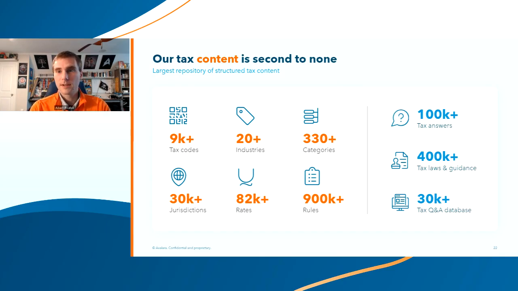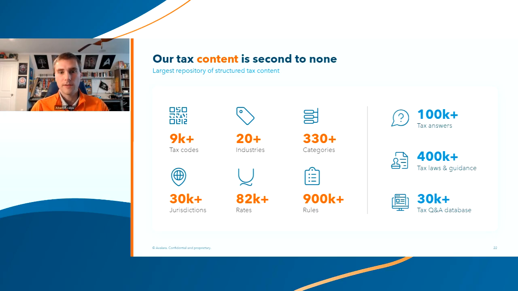And the reason is there's a lot of information out there, and not all of it is up to date and correct. Our real differentiator is we have over 100,000 what we call tax answers, which are answers to specific tax questions that are written and curated by our tax professionals, and we keep them up to date. So we know that content is correct, and when you land on one, you know you've got the right answer, and we have an audit guarantee behind that.